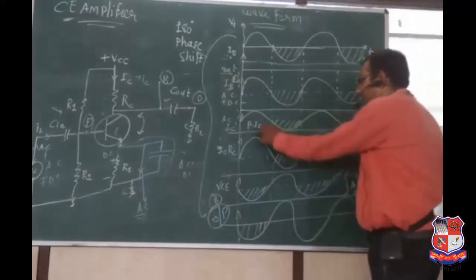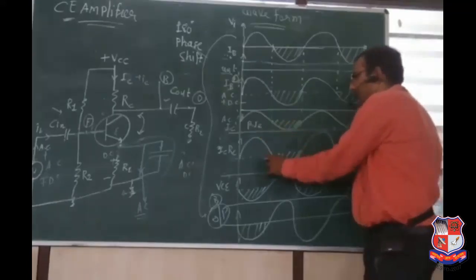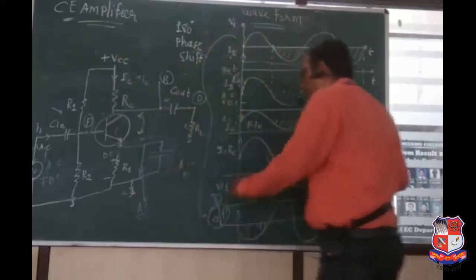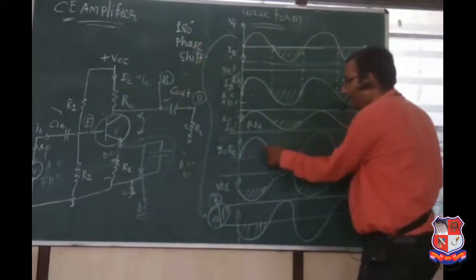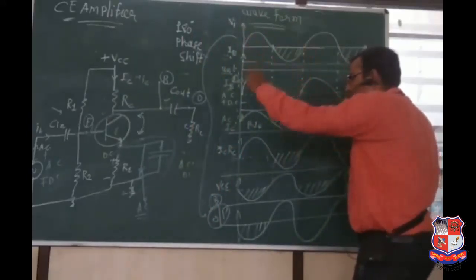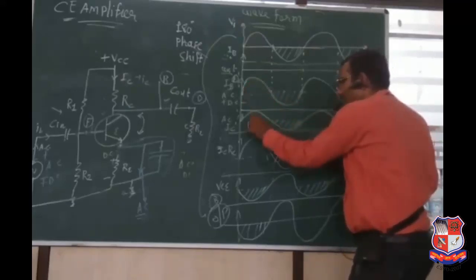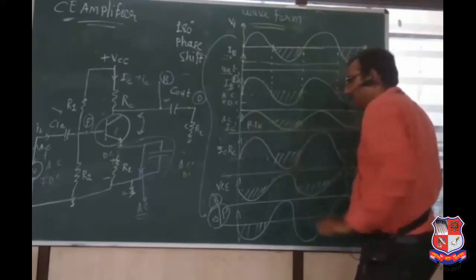So IC, and the voltage drop across RC is known as ICRC. So remember that point, amplitude is also increased. Base current amplitude is always low, collector current amplitude is always high, ICRC is always high,